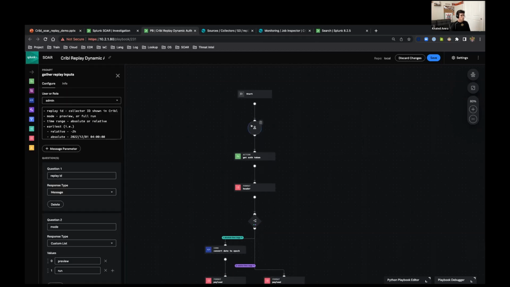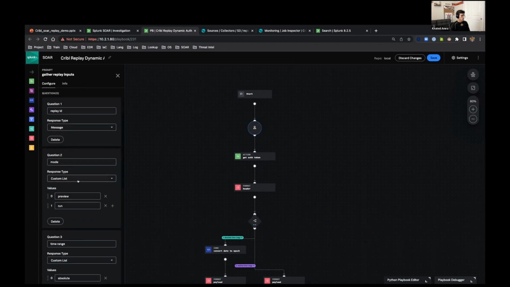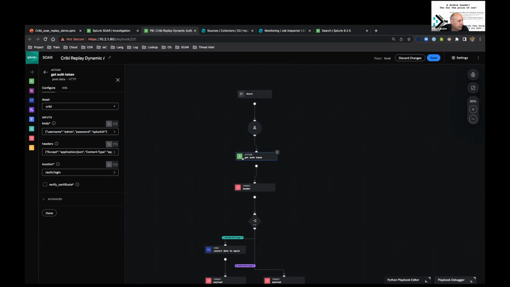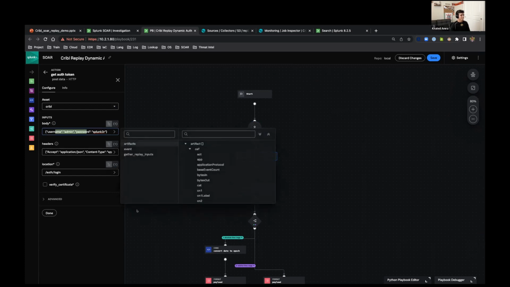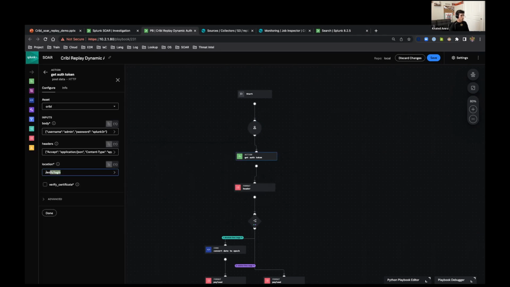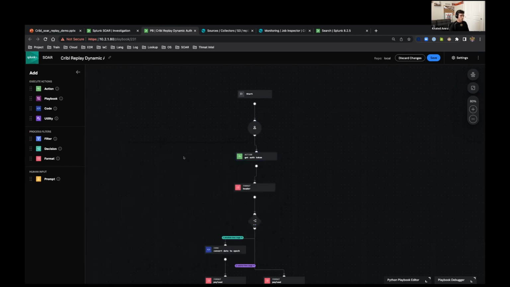Over here, this is my prompt action where we're asking the user. This right here is the comment at the top, explaining to the user what this field means. This is where we set the different prompt items, like whether you can select preview or run, and the different fields that you get input from. Then we do the HTTP post with the username and password data, because this is using Python's request library and we need that auth token. That's done by sending it to the auth login endpoint.